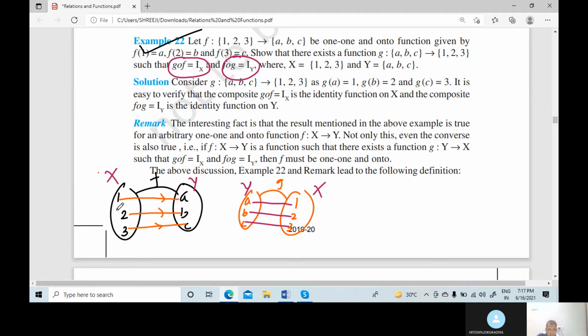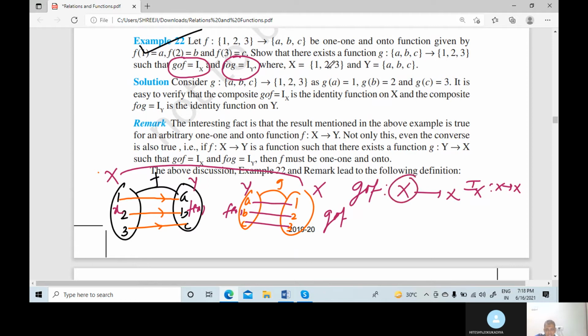So here say X, here say Y, again here say Y and say X. Okay. Now for the function, this is your X. Put here, so the answer is Fx, right? So with Fx put here, you can write GOF as a function from X to X. X to X, you can write IX from X to X. Clear, student? Okay. Now put different values here. First value for Fx is 1 because our domain X equal to 1, 2, 3. Now put the first value 1.